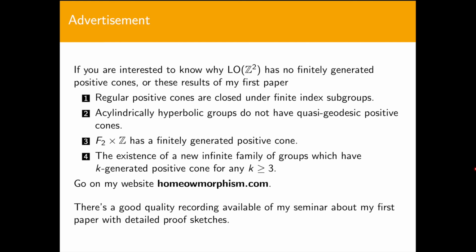That regular positive cones are basically finite unit subgroups, that asymmetrically hyperbolic groups do not have quasi-tridic positive cones, that F2 cross Z has a finitely generated positive cone, and the existence of a new infinite family of groups which have k-generated positive cone for any k greater than 3. You can go on my website, homeomorphism.com. There's a good quality recording available about my first paper with also